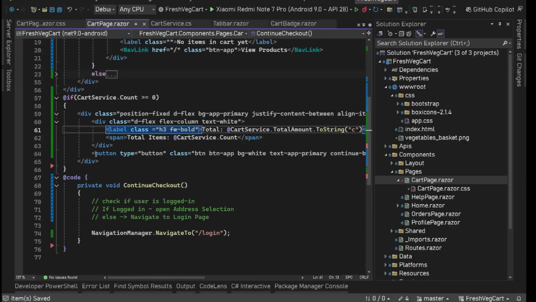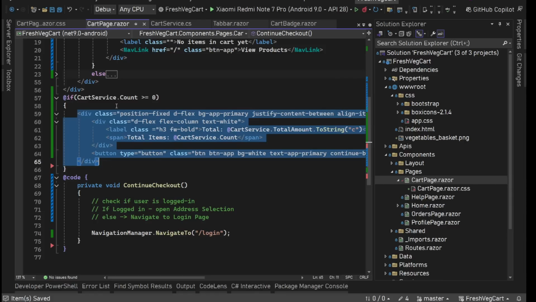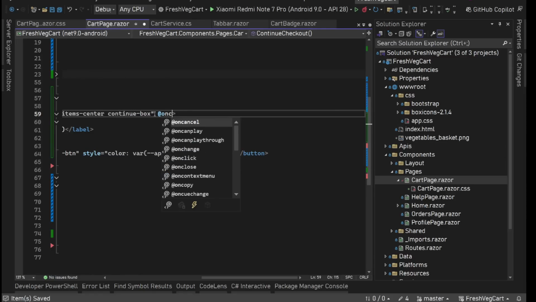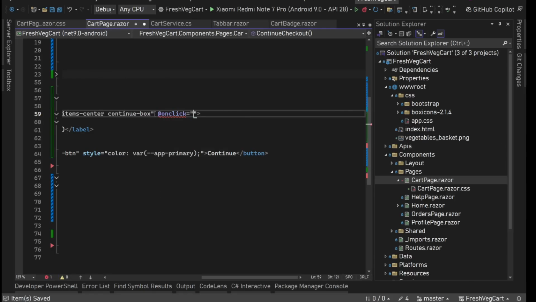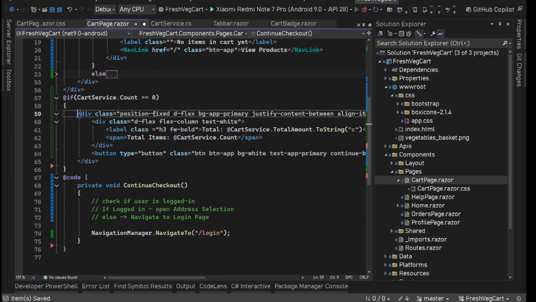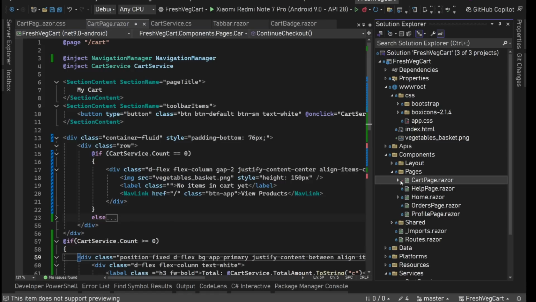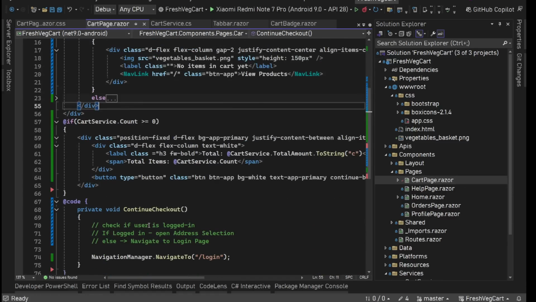Right, now let's quickly use this ContinueCheckout. So what I'm going to do, instead of clicking on this button, we'll have this entire box. If we click anywhere on this entire box, it should call this ContinueCheckout. Right, let's quickly do this. Here we'll say @onclick equals, just call this ContinueCheckout. Save it and we should be good. Now we'll move to this